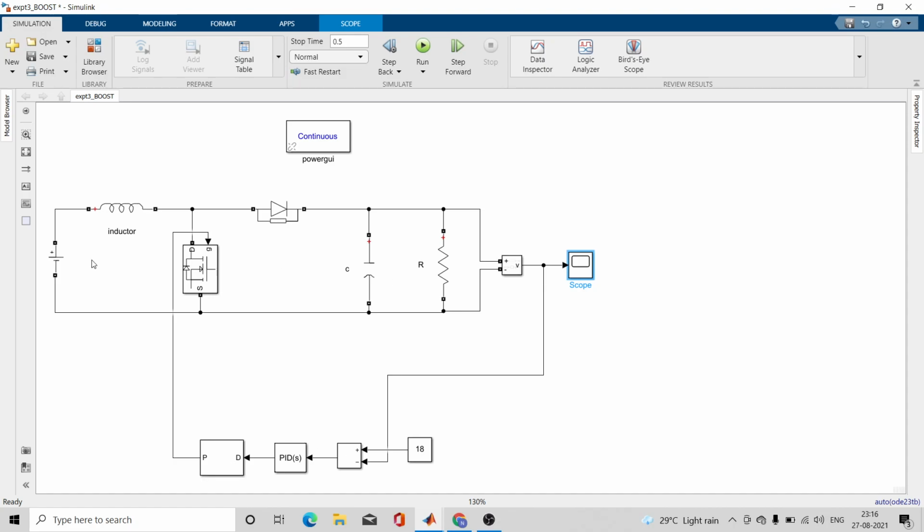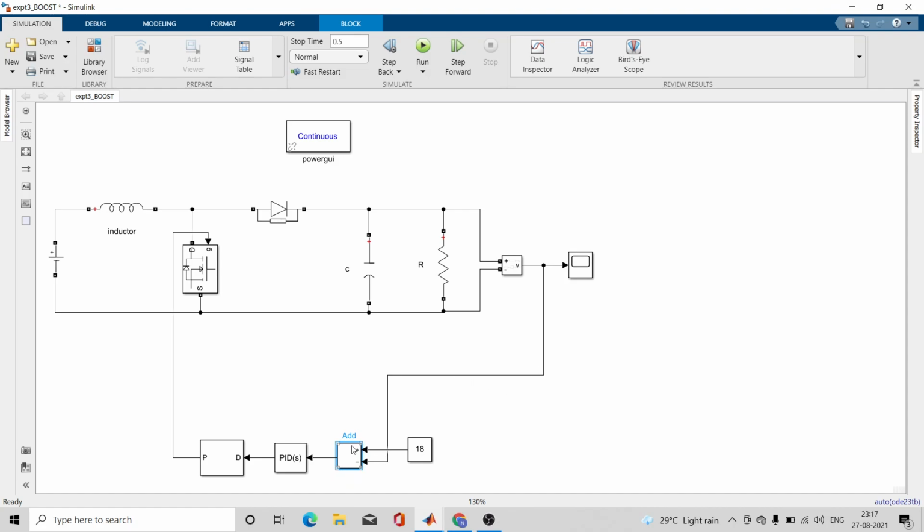If my input is changing, the difference in the output is given as feedback. What is this? This is the constant voltage I want. Reference voltage is 18 volt, which is given to the positive of this sum block, and on the minus sign, I am connecting my error signal.